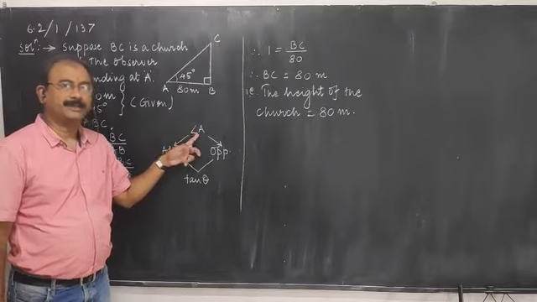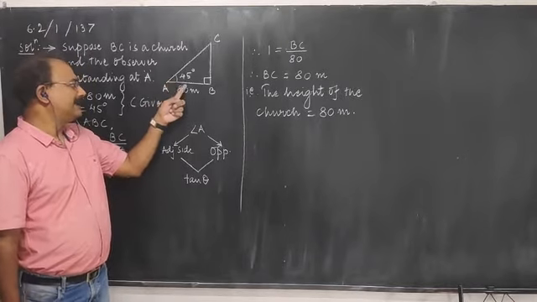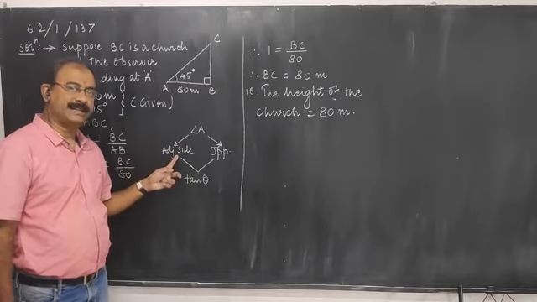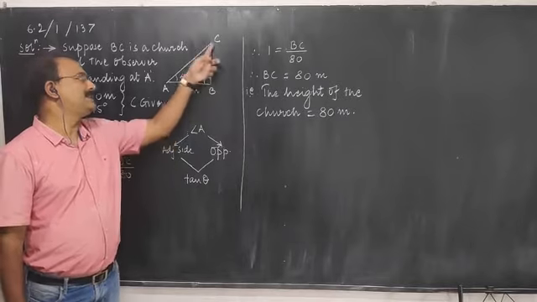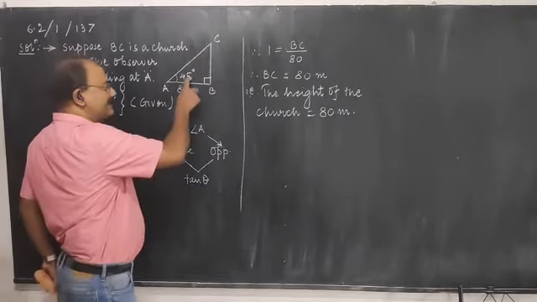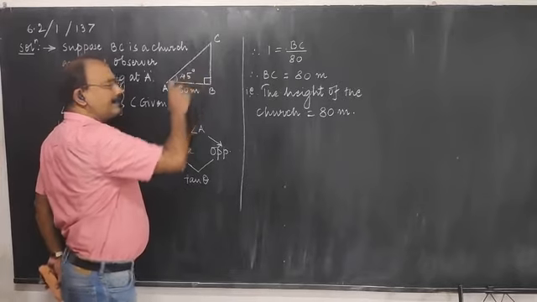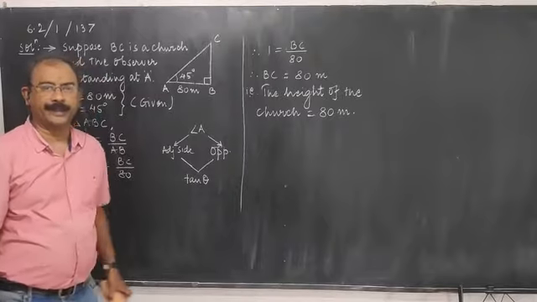With respect to this angle, which side is given? For this angle, this is the adjacent side. So, the adjacent side is given. And what do you want to find out? You want to find out BC, which is the opposite side of this angle. Adjacent side is given and opposite we want to find out. So, I wrote adjacent given, opposite I want to find out.